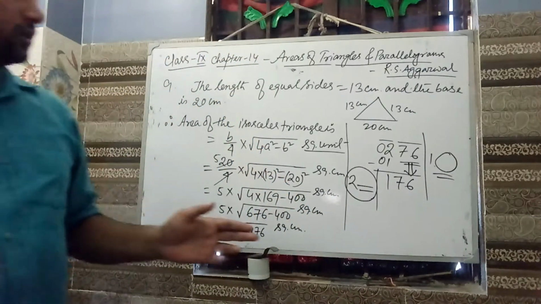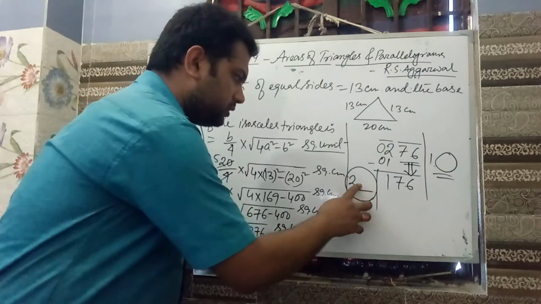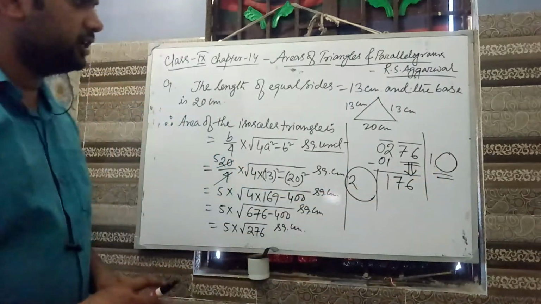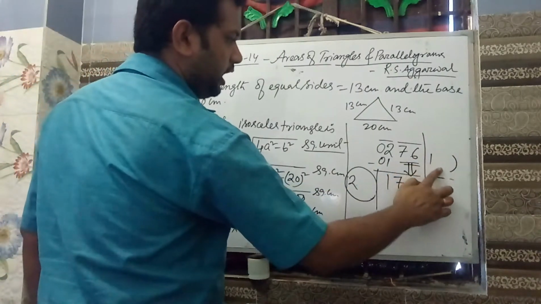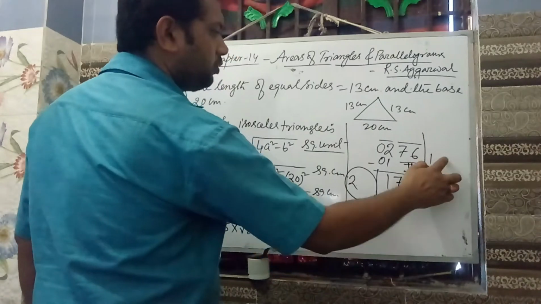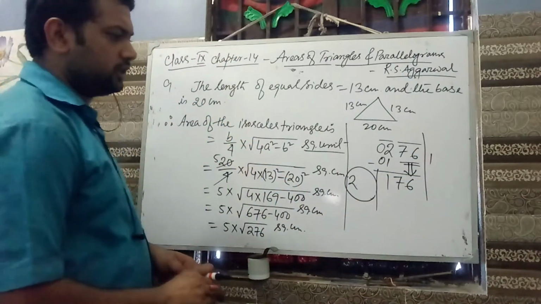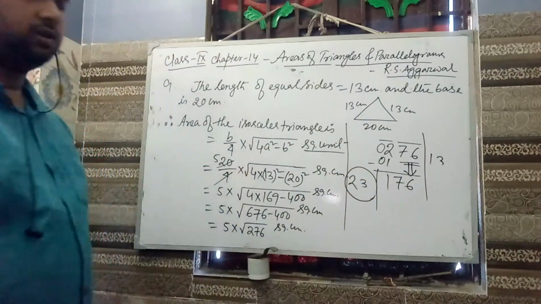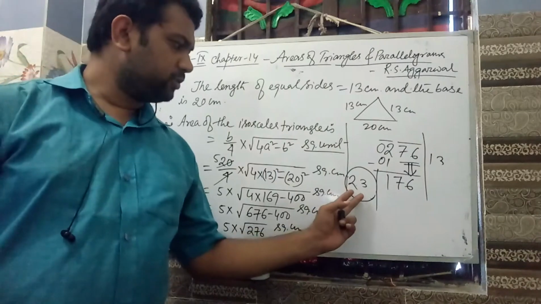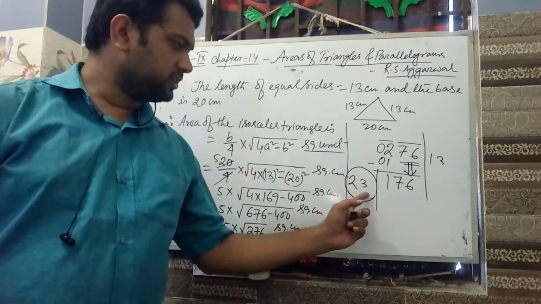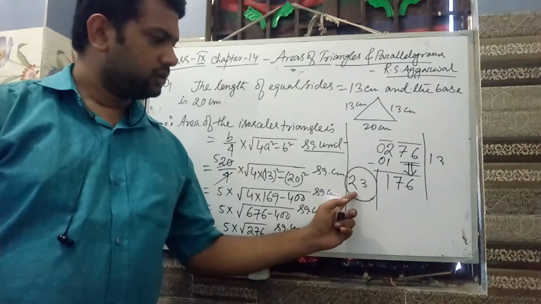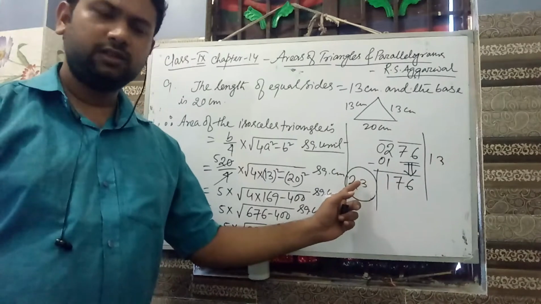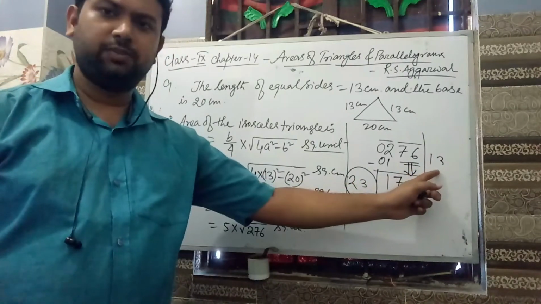Let me repeat it. You got 2 here, 176 here, 1 here, then after 1 you have to write down one digit, suppose 3. So if you write 3 over here, then you have to write 3 over here also. Okay, then you have to check and multiply 23. Now you have to consider the whole number. If we write 3 here, then this number becomes 23. 23 into 3 you have to multiply.